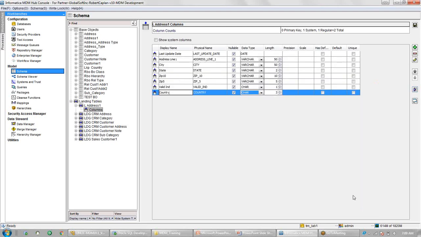Why do we copy the columns from the base object and not from the source? If we have already created a base object, the columns will be nearly similar. So I can copy from the base object table, or, for example, if you have created a temporary table like we discussed yesterday, I can import the columns from there. If you have a temporary table, I can copy the columns from the temporary table itself.